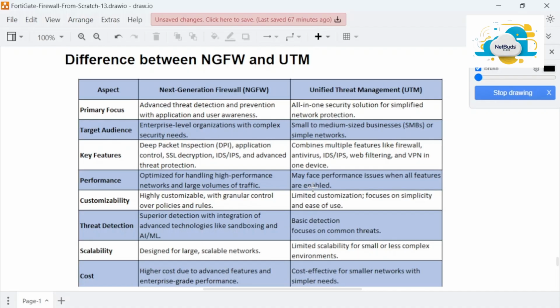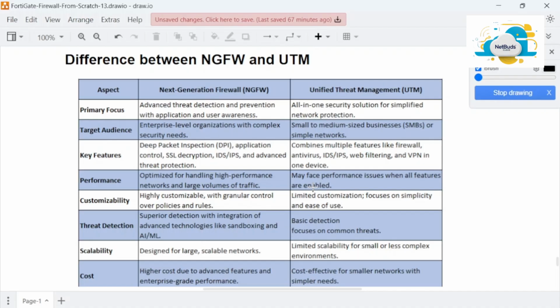Whatever features I mentioned in the next generation firewall are also available in the UTM, but not like that. Understand that the feature is already available, but we have some limitations in the UTM,